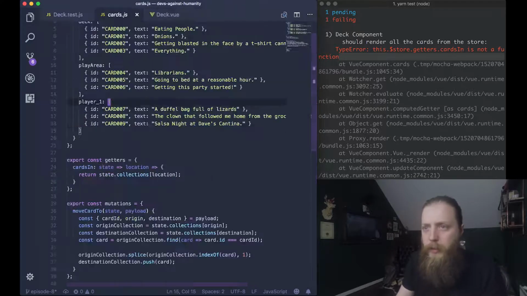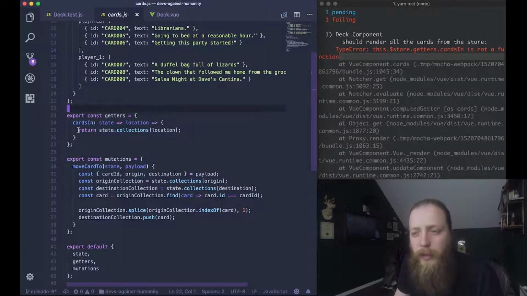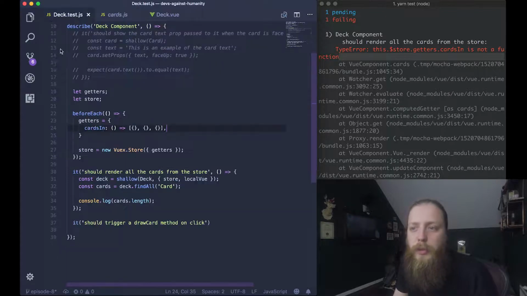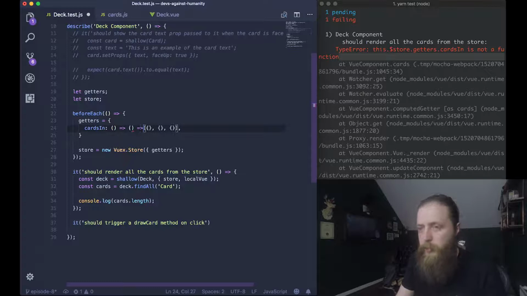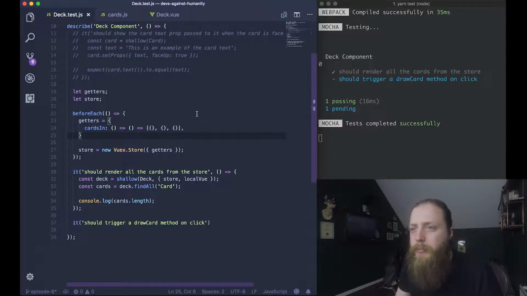Wait, yeah, okay, so the actual getter for cardsIn is a slightly fancy getter, if you remember from before, where we take the state and the location and then return, so it's like a chained function. So in theory, because we don't actually care about any of the parameters, we should be able to do that. And now we've got a function that returns a function that returns these dummy cards. Okay, there we go. We are passing